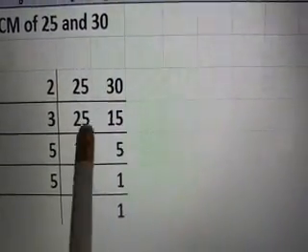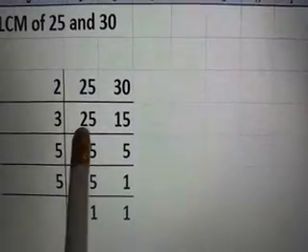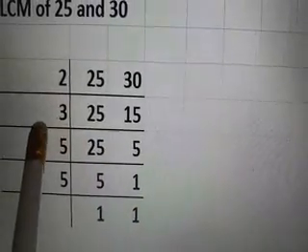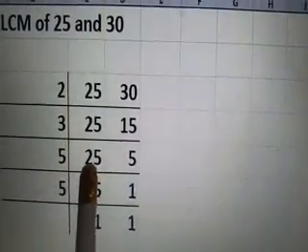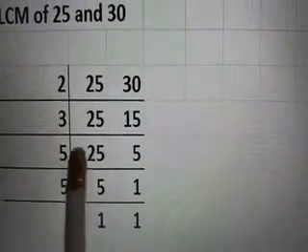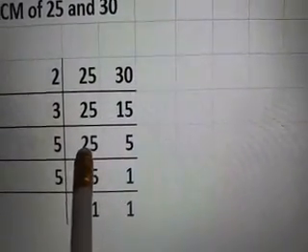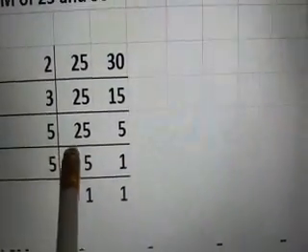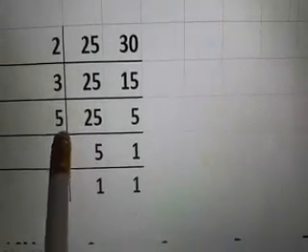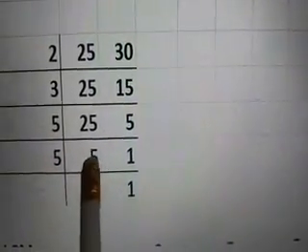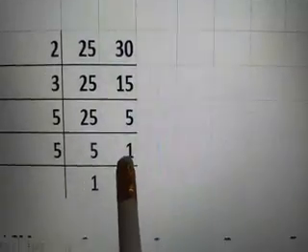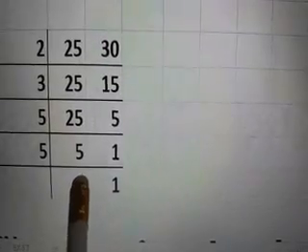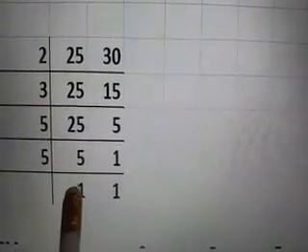Now, both are odd numbers, cannot be divided by 2, we'll take the next prime number, that is 3. As 25 cannot be divided by 3, we'll bring it down as it is. 15 divided by 3 is 5. Now 25 and 5 both are odd numbers and these are not divisible by 2 and 3. So the next prime number after 2 and 3 is 5. 5 fives are 25 and 5 ones are 5. Again 5 is divisible by 5, so we'll take 5 ones are 5 and the quotient is 1.